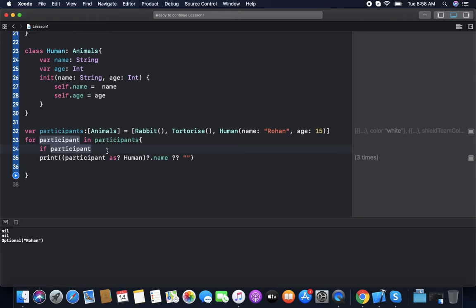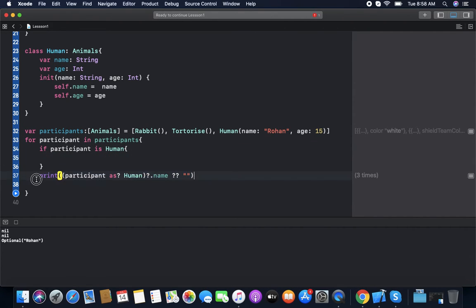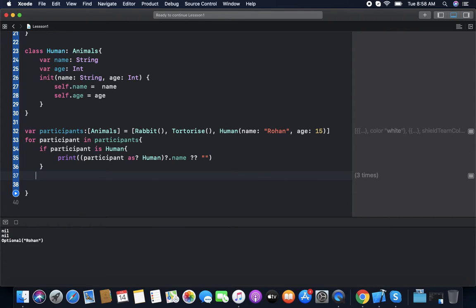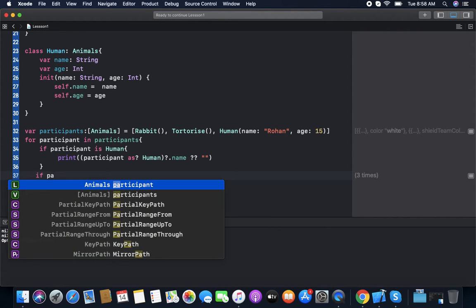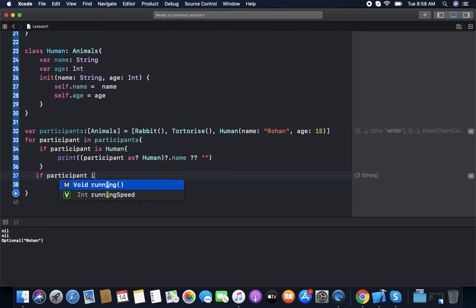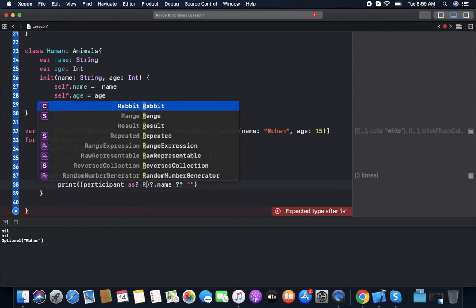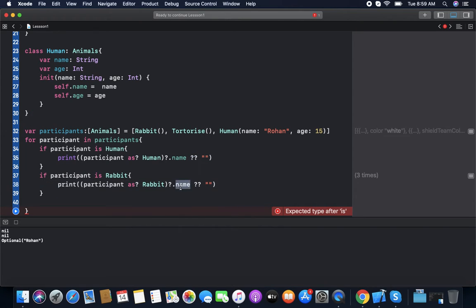If participant is Human, then downcast it to Human. If participant is Rabbit, then downcast it to Rabbit, and we can access rabbit's color.